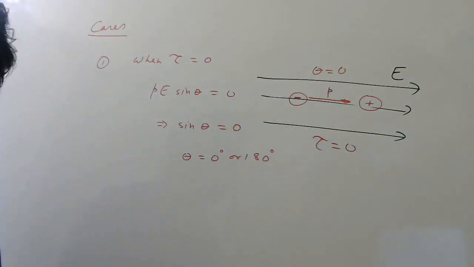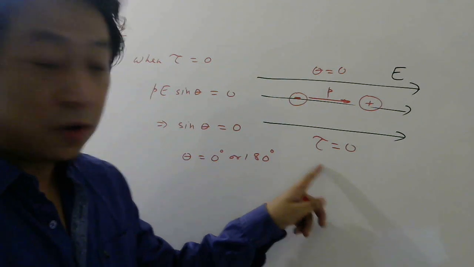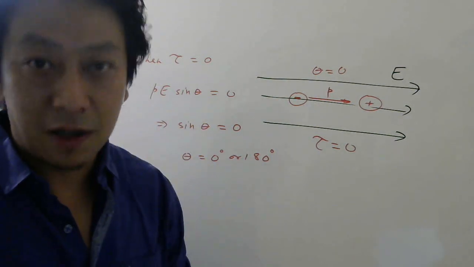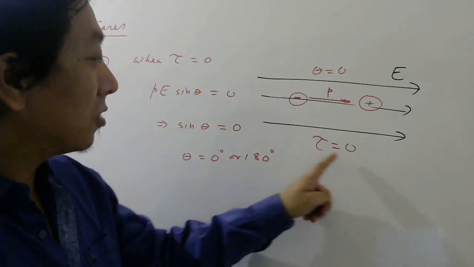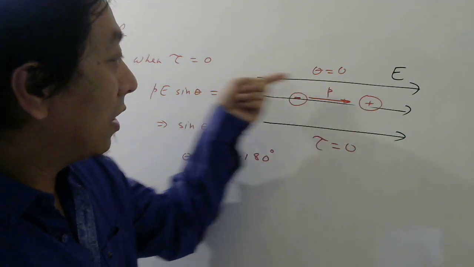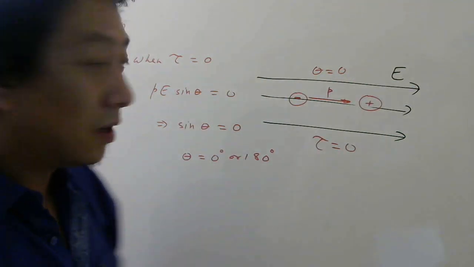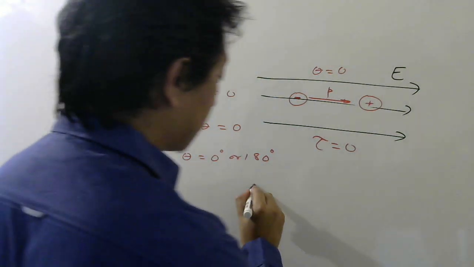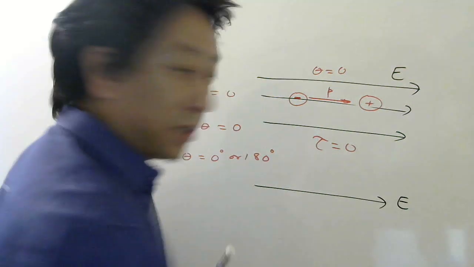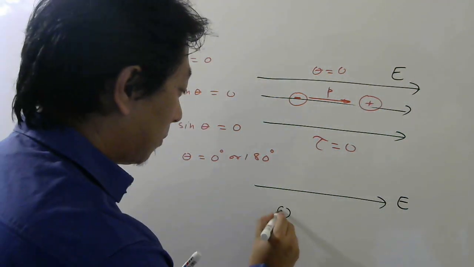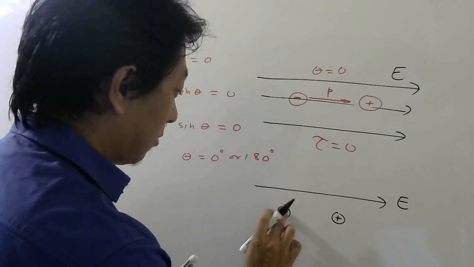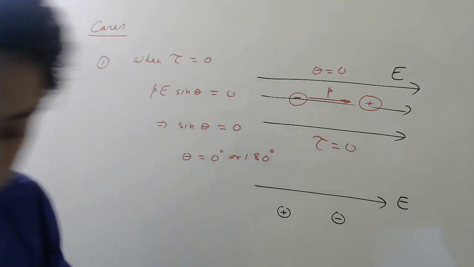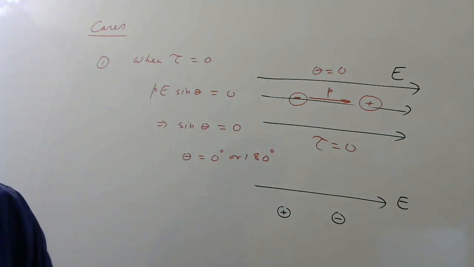Okay, so in exam how will you write? When is the torque 0? Don't write when theta is 0 degree. Then teacher will not know what is theta. You have to explain. So when is torque 0? When dipole moment and electric field are in same direction. If it is opposite direction, then also torque will be 0. If electric field is here, but suppose I keep the dipole like this. Same only as earlier, no? So here plus, here minus. So then where is your electric dipole moment? From minus q to plus q.